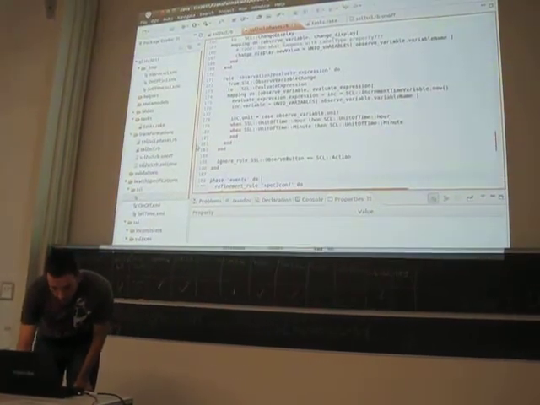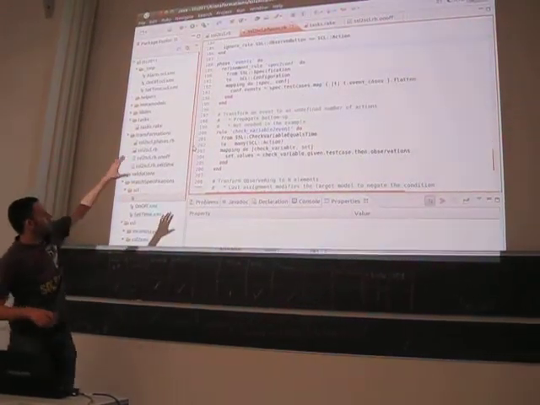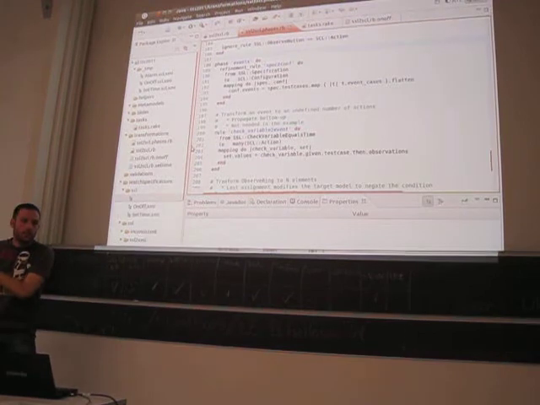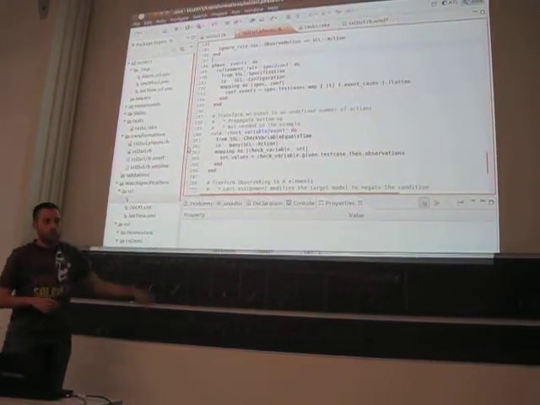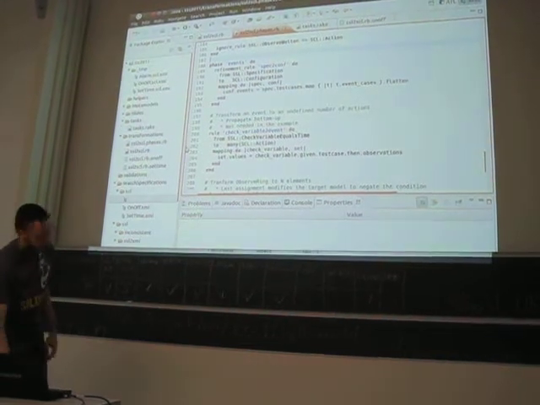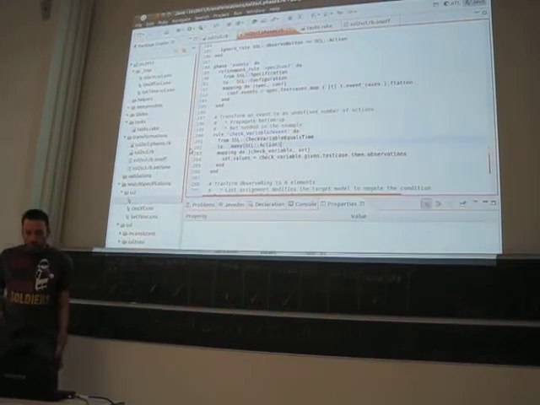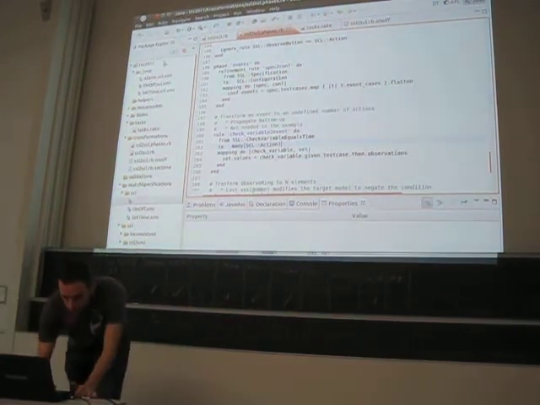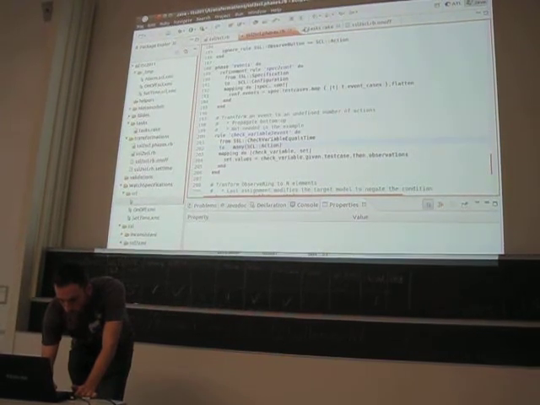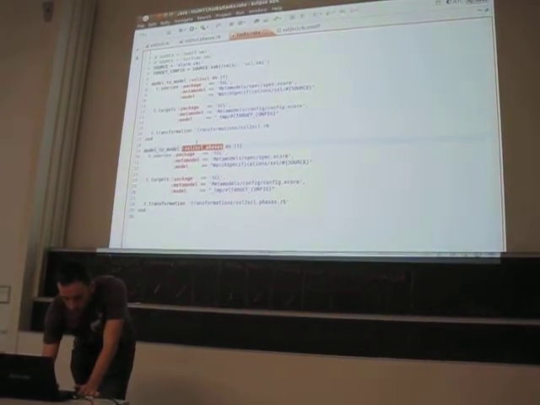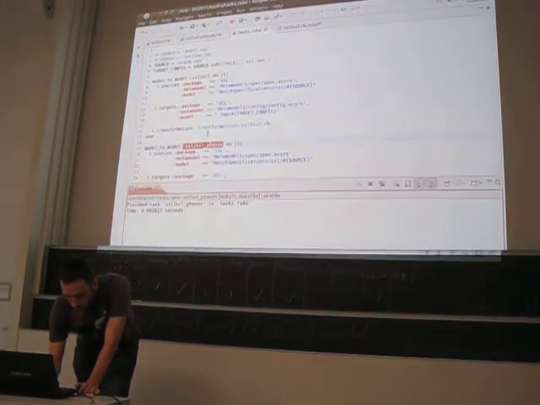Regarding the events, they are in another phase, so you can take this and not execute it if you don't want events, or you can focus only on events. You also have these one-to-many mappings, and you can run the transformation. This is done with a Ruby script, so you can compose transformations and so on.